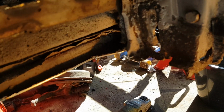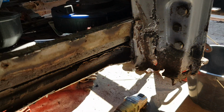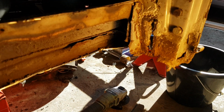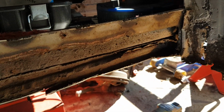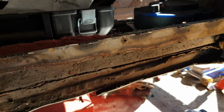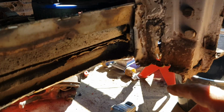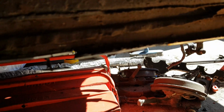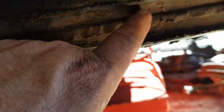Just another quick one-take video, showing you the state of some of the bodges that have occurred on my 65 two-door. I tried to do some work on the rear wing, but I'll work my way back to it. First, I've taken part of the sill off, just to show you some of the work that's been carried out before. I don't know if you can see this, but the previous floor has been pop riveted